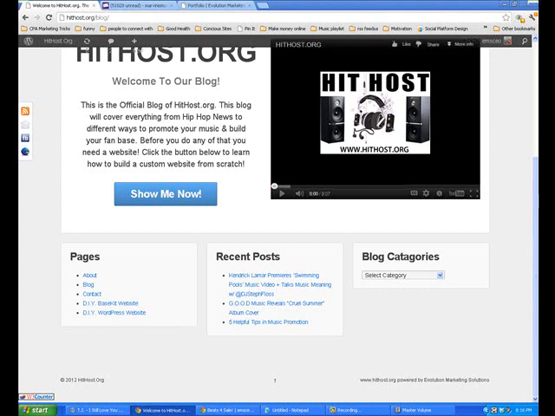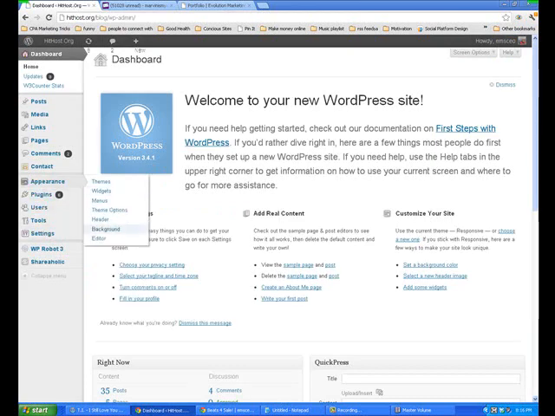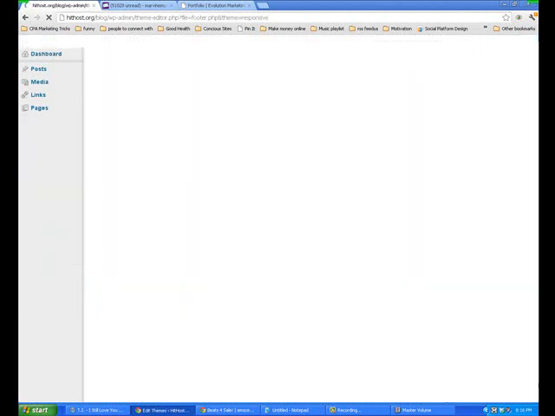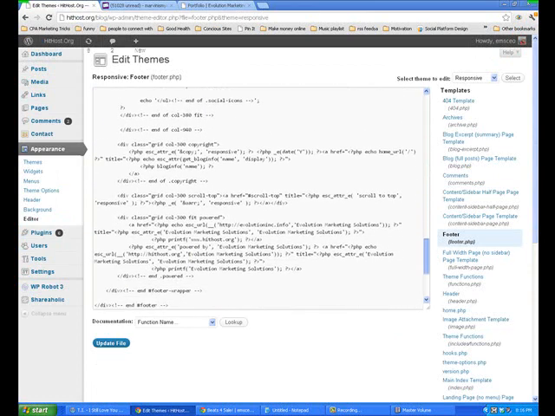But like I said, we're using a responsive theme, and when we first downloaded the theme, it said responsive theme powered by WordPress. I'm gonna show you how to change that. What you do is you go to your dashboard of your site, and then you go to editor. Once you go to editor, you want to go to the footer of the website, and you scroll down in your footer,